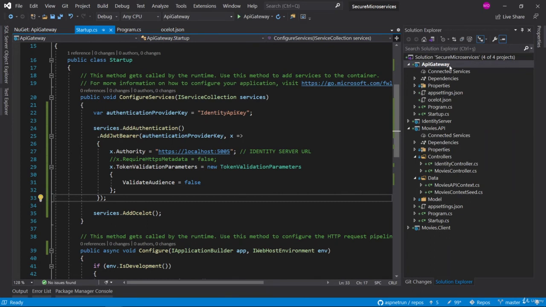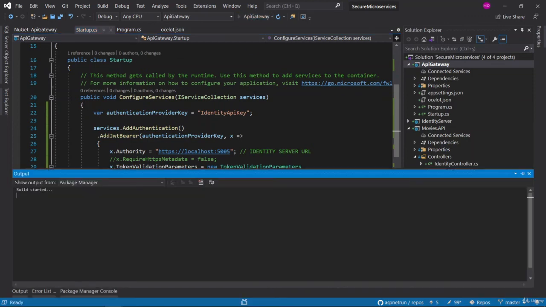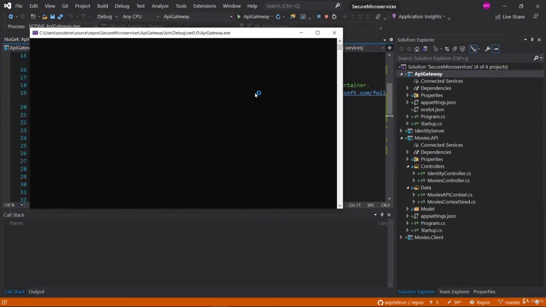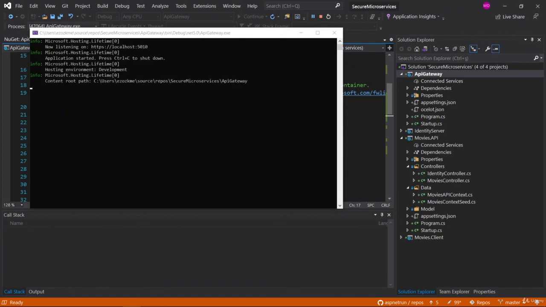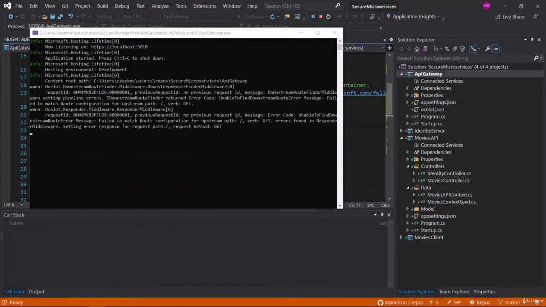Set the startup project to API gateway and change the run profile, and just hit the click and see whether our project is running or not. Okay, it seems everything is working fine. So now we can focus on our main logic.